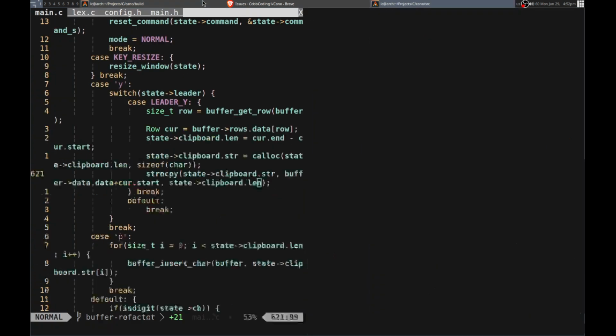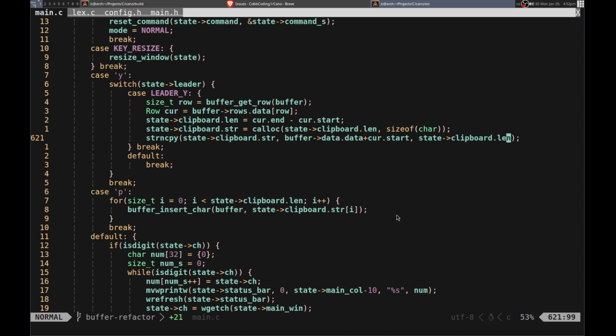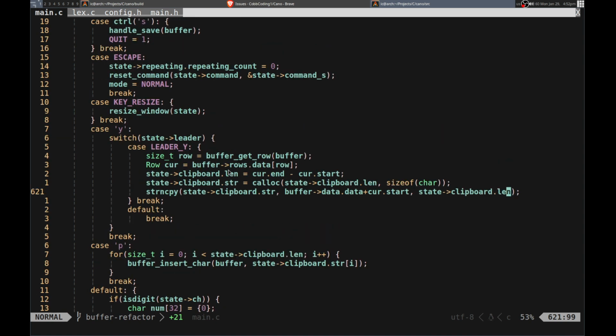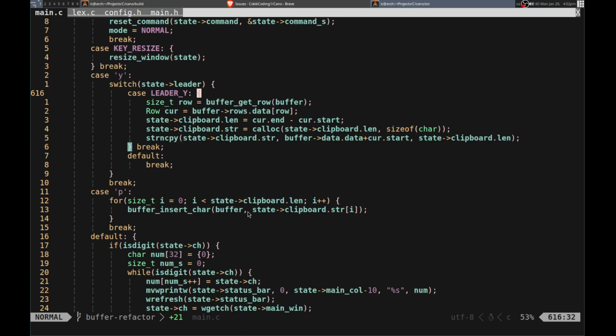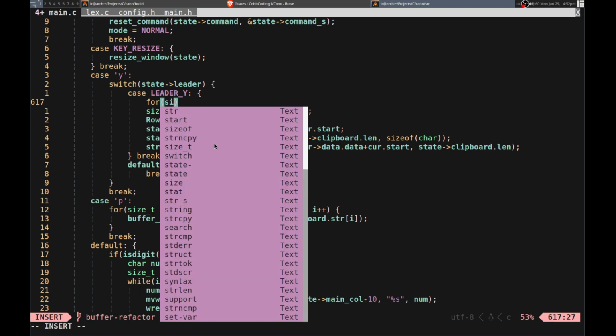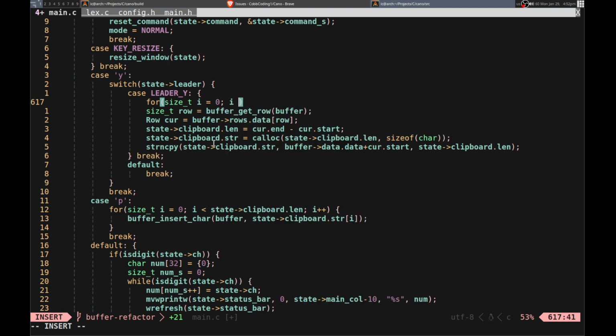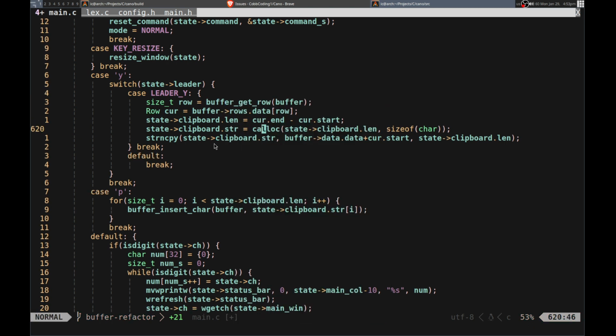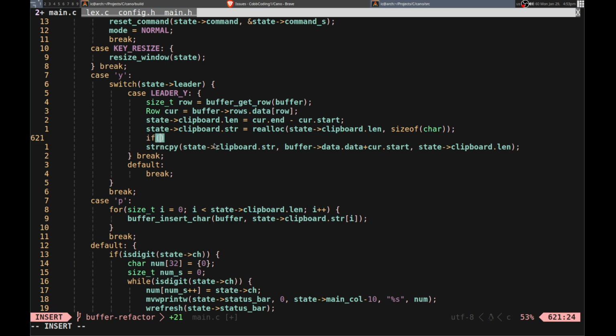Alright, so now, how about if you yank multiple lines, right? So if, I suppose we could do if repeating count is greater, you could just iterate over repeating count in here, right? And we'll just constantly be appending it, right? So instead of calling, maybe we should do realloc. Realloc. We do need to check for null on this as well. So if state